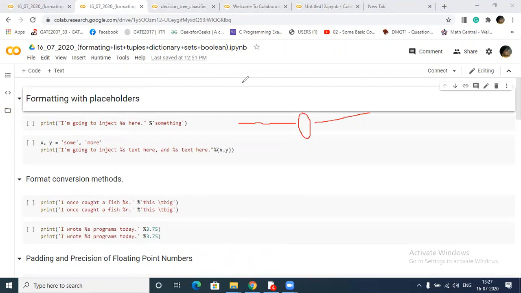Suppose I have some list, we will cover lists, say A and B. There are so many elements, and I want to insert each element into the statement so many times. So should I write print this, then A, then this statement, then print this again? This is hectic work.